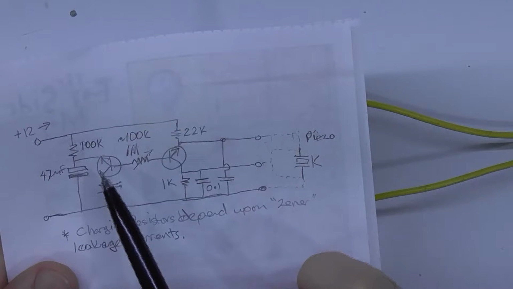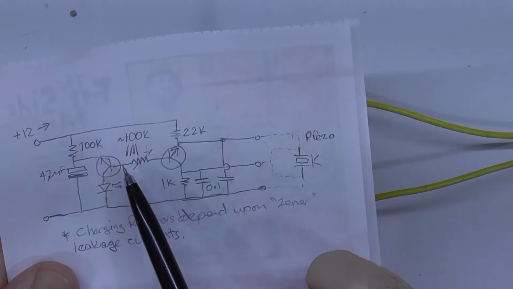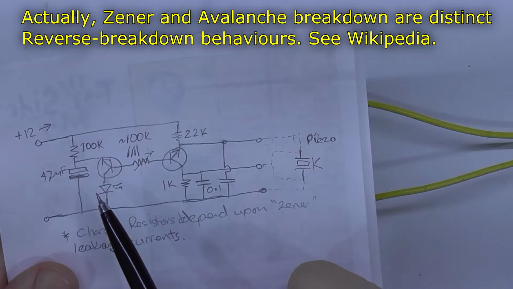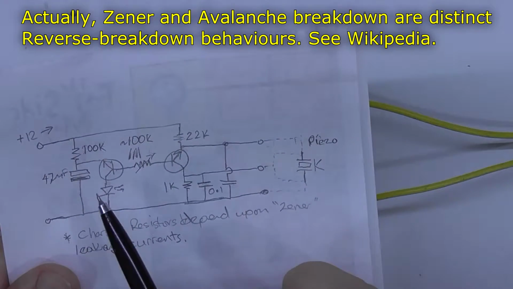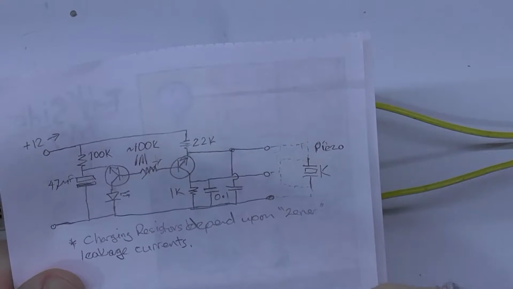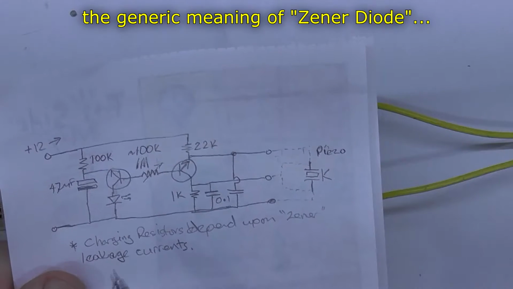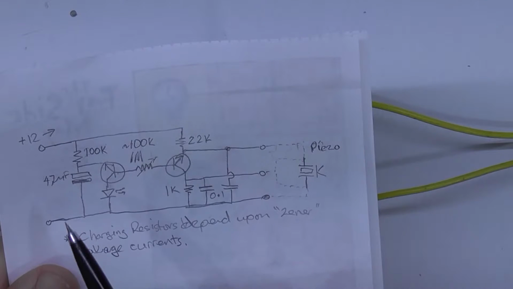So, reverse breakdown is another way of talking about Zener diodes. And so you could say that the device in its physical construction has an intrinsic or a parasitic Zener diode in it. And when operated in this reverse active mode, that becomes important. And so